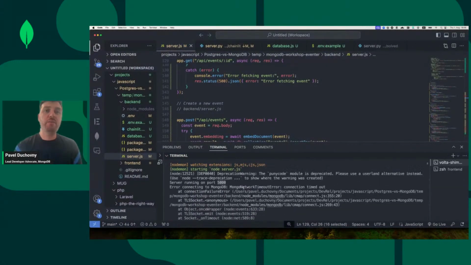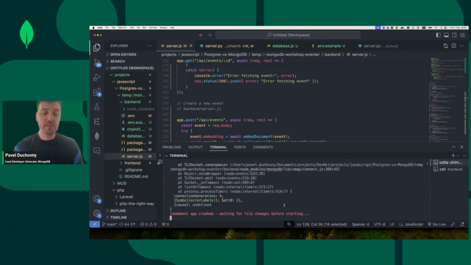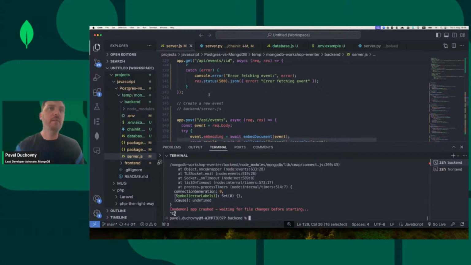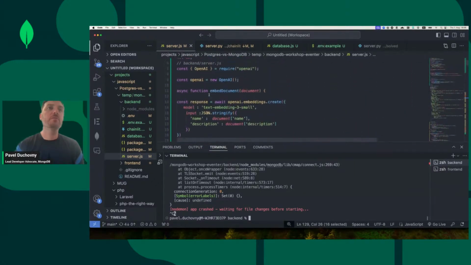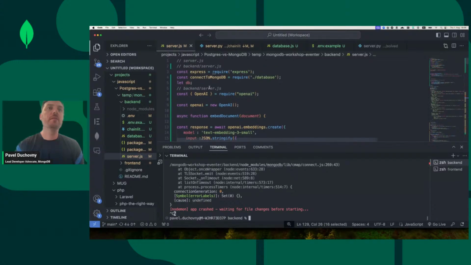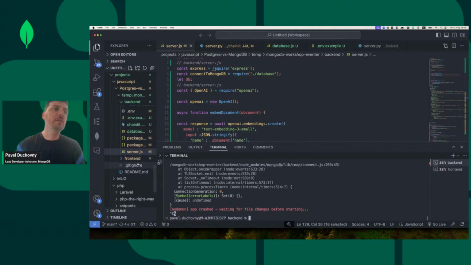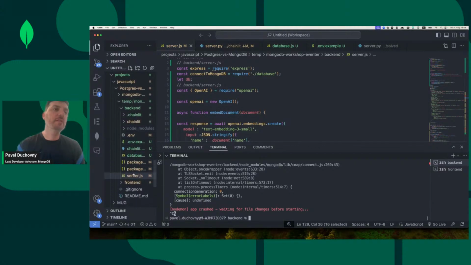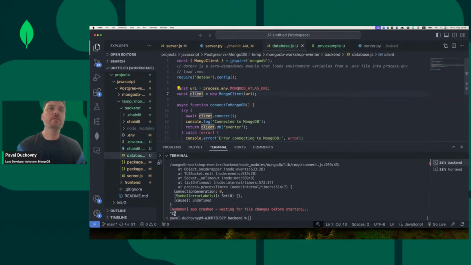Okay, we got an error. Great. Connection timeout. Great, so that's a good one. Let's see what could be the problem here. Maybe I've saved my... where's my database file? Let's see, database. Okay, so my database file loads my .env config, and